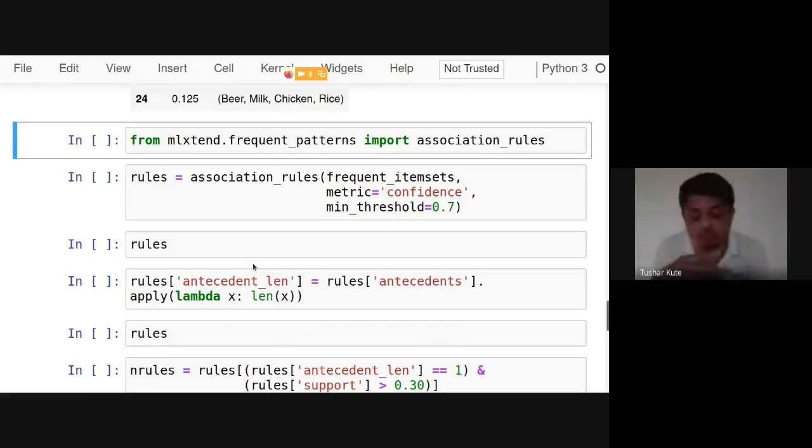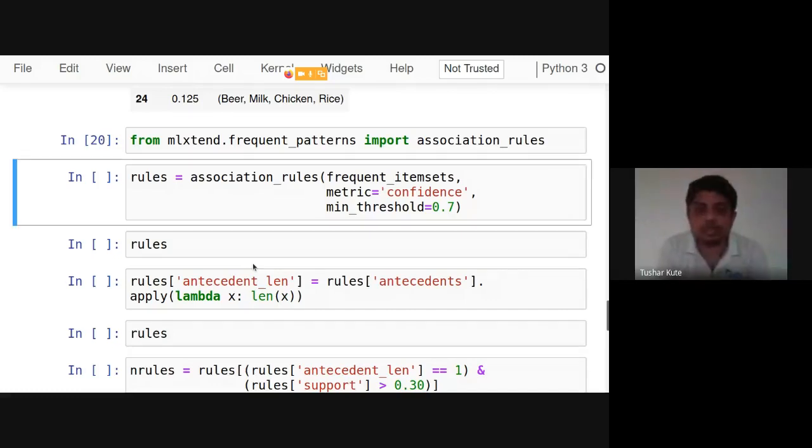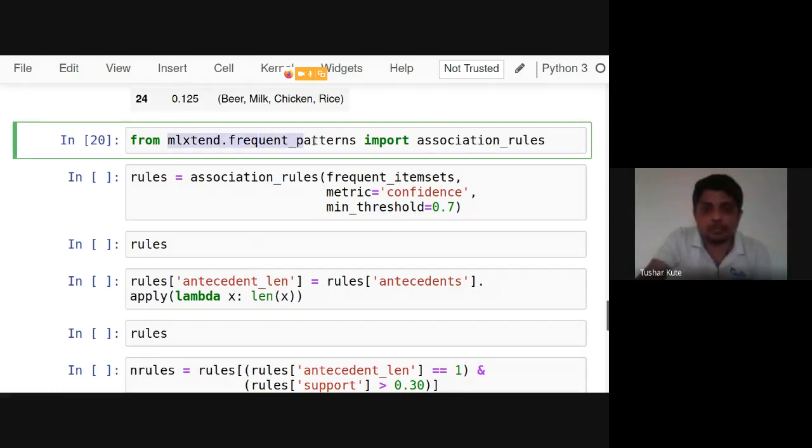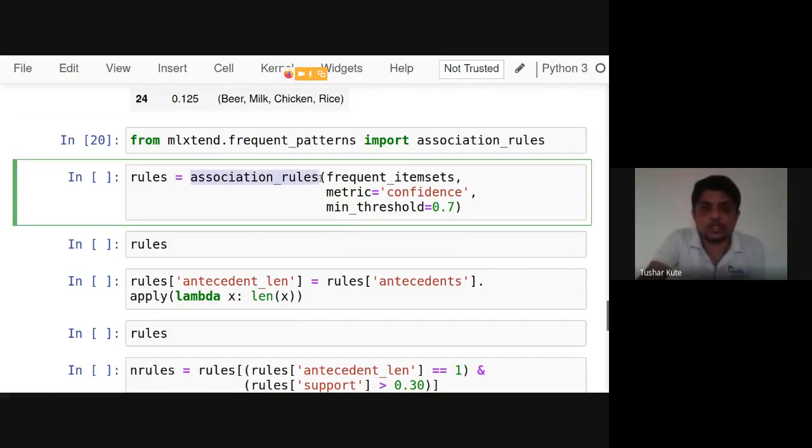Now build the rules. In the algorithm that we have seen, we have category 1, then category 1 extended to 2, whatever is there goes to 2, extended, then extended again. Here we'll be using a metric. What's that? The confidence metric. In mlxtend's frequent_patterns package, we have a function called association_rules, and this function is used to generate association rules, to perform the second step of the apriori algorithm, the generation of rules.